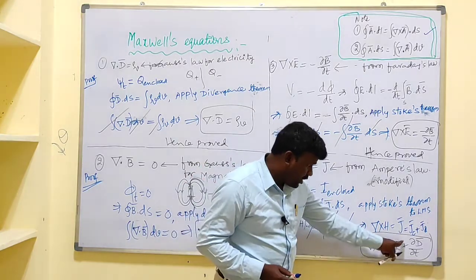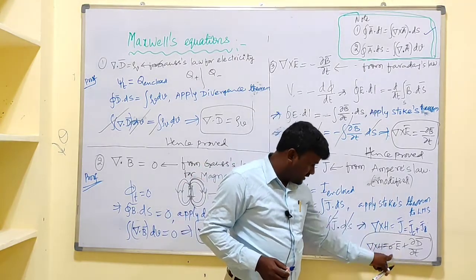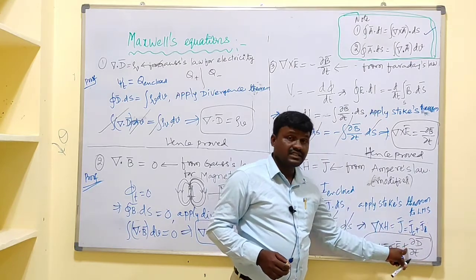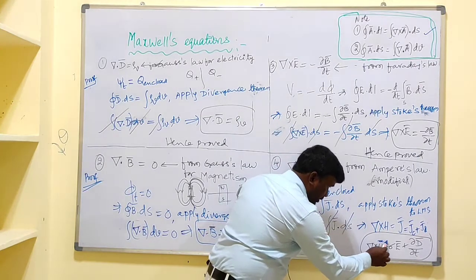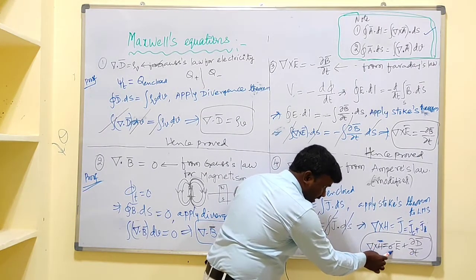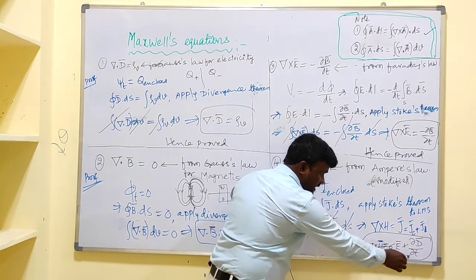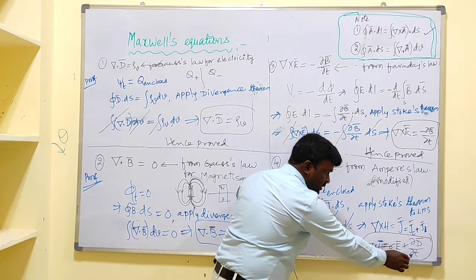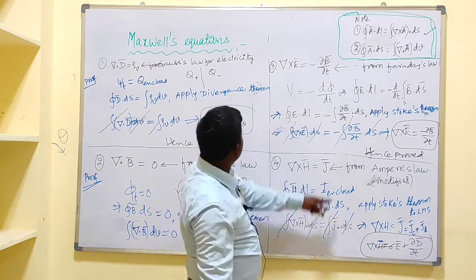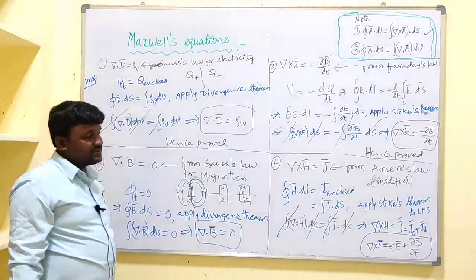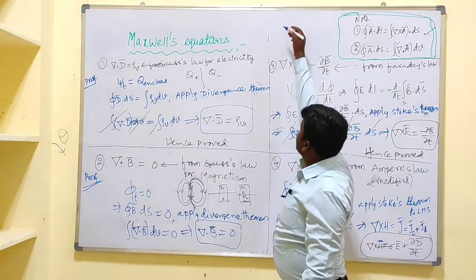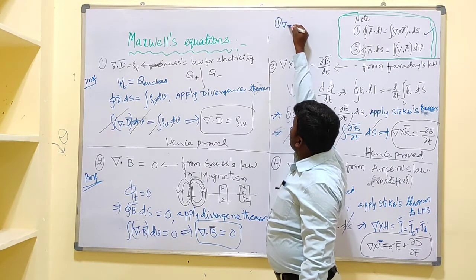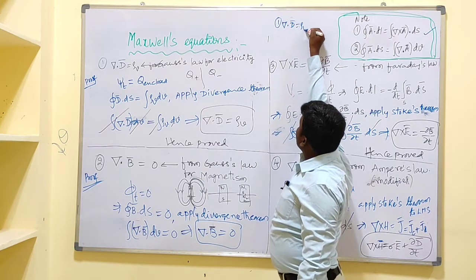So that's why in the absence of conduction current density, there exists current density. That current density is known as what? Displacement current density. This is conduction current density, and del cross H is equal to what? Sigma E plus dou D by dou t. So this is all about derivation of our Maxwell's equations. Finally, we derived all Maxwell's equations. First equation is what? Del dot D bar is equal to rho v.